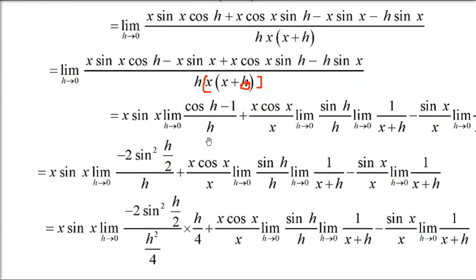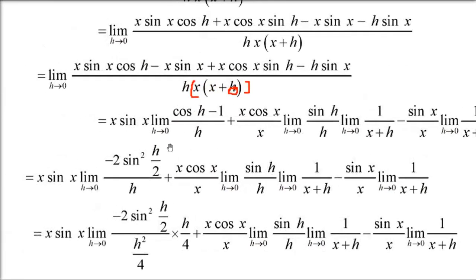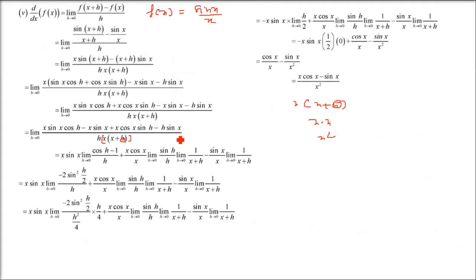So I'll deal with the first one because we know that it will eventually be 0, because (cos h minus 1) by h, you know that it is going to be 0. We have done questions like this. You assume that we have x square in the denominator. Now x cos x by x, 1 x we have utilized. Now sin h by h, so this h also we utilized. Then 1 by x plus h, just take it, as I said, we are going to take it as 0. So we have taken it like this. So x cancels.